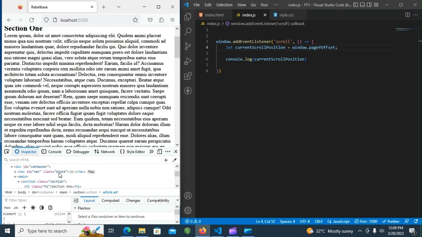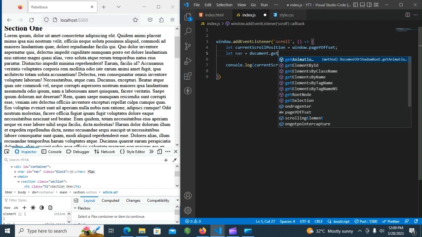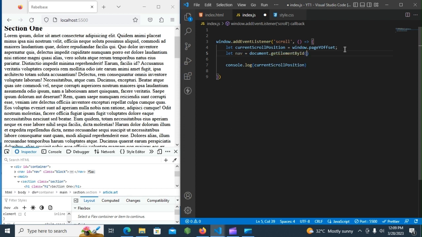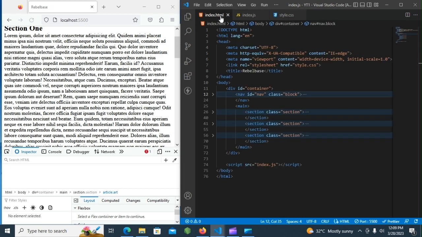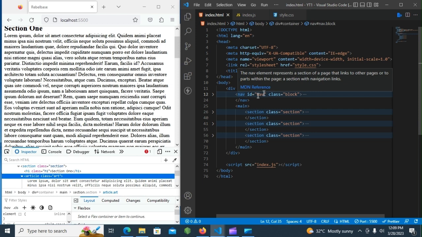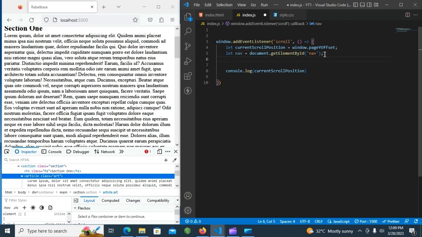So immediately we shift from zero, I would like my class, this is my navigation class, it's currently on block, I would like to switch it from block to a fixed class, and we are going to use JavaScript. So all we need to do is target our navigation. So document get element by ID, and then nav. As you can see here, I've given this navigation an ID of nav. So what we are going to do is initialize a conditional statement. So if